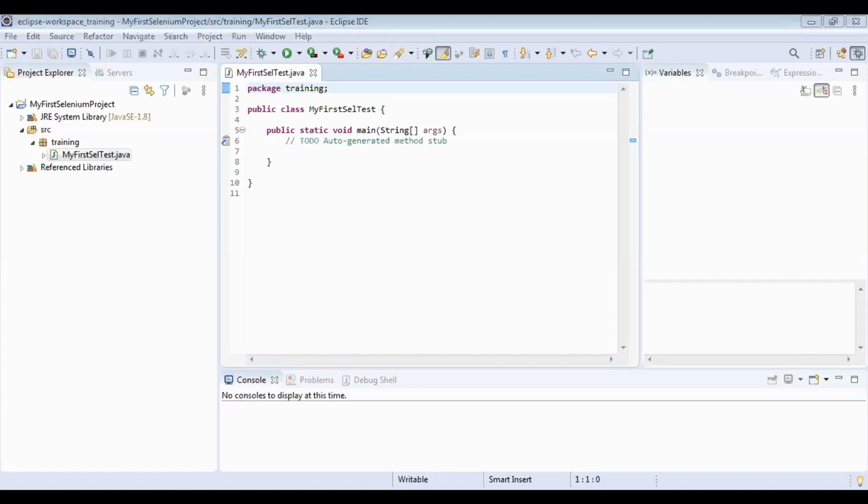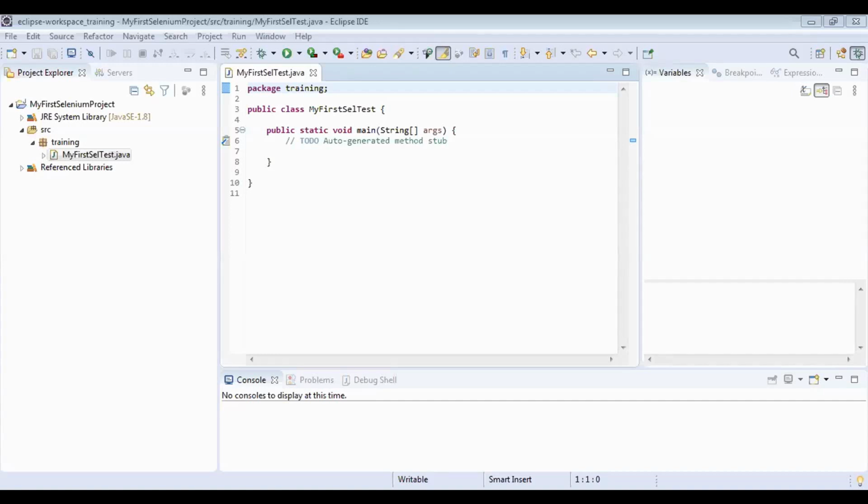Otherwise, you can simply go to Google and search for Chrome driver download, and you can see the different versions. You can also check your browser version. Mine is 81.